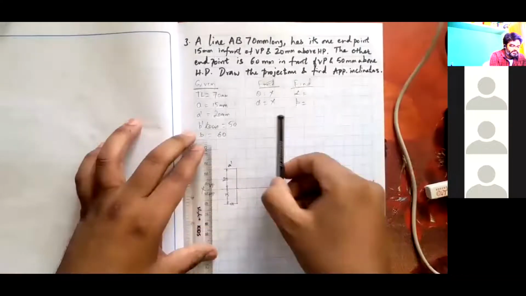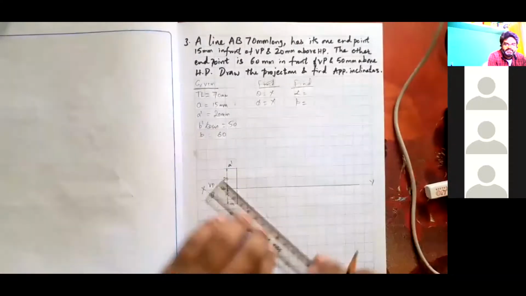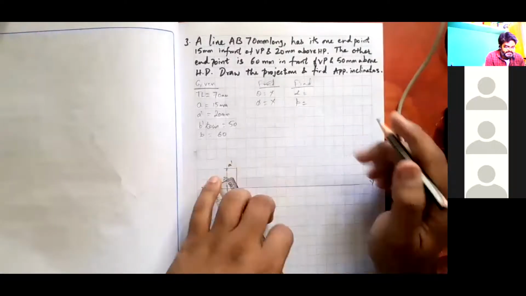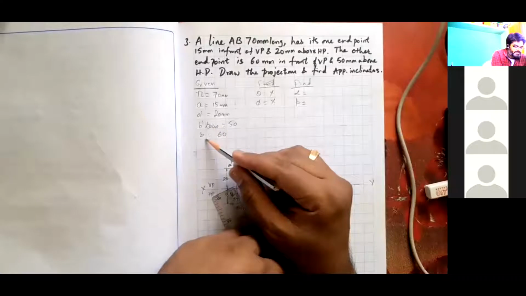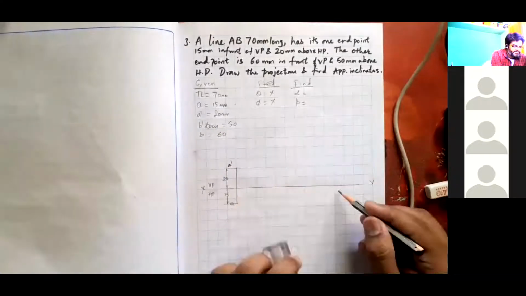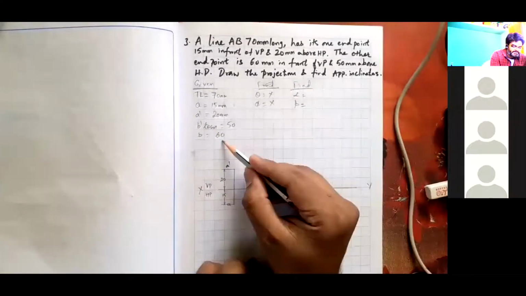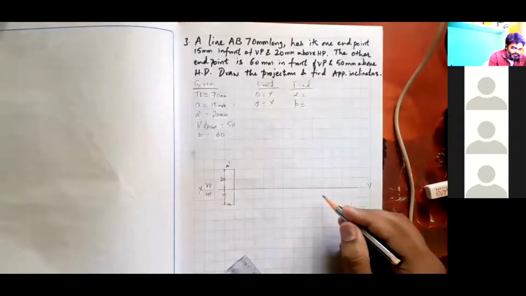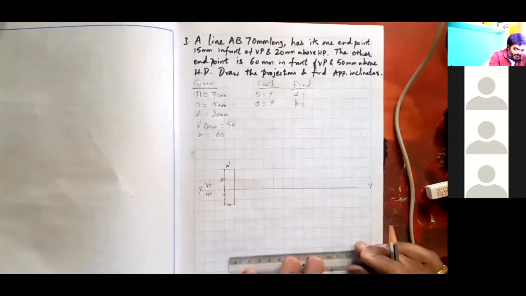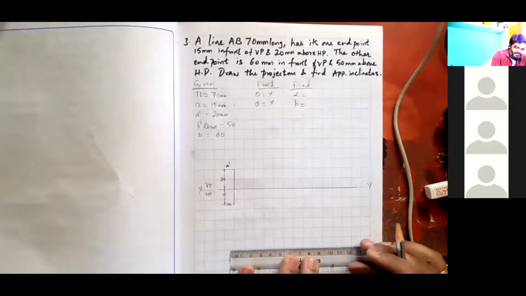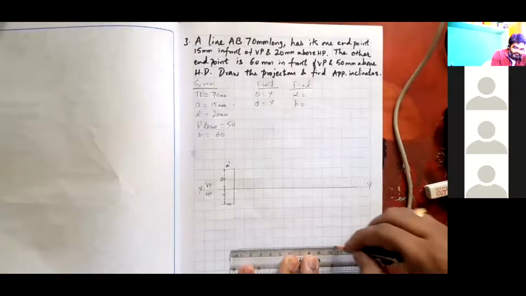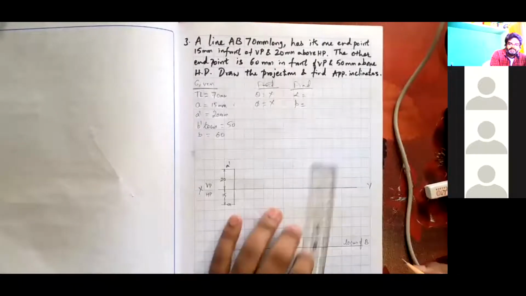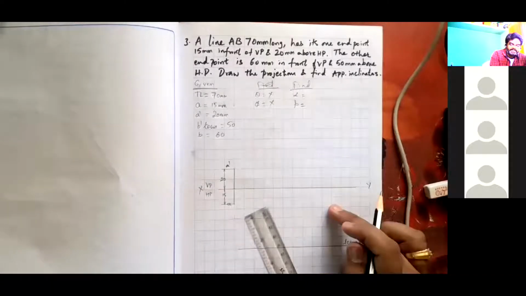Next, no true inclination is given, no protractor is necessary for us right now. So directly the locus of B, I will represent here 6 boxes. I'll count in front of VP. So 60 mm in front of VP. B locus is there. So 1, 2, 3, 4, 5, 6, 6 boxes. I am going to draw a line directly which represents the locus of B for 60 mm. I'll dimension here 60 mm later after completing this view.